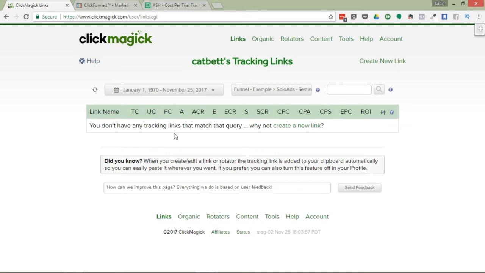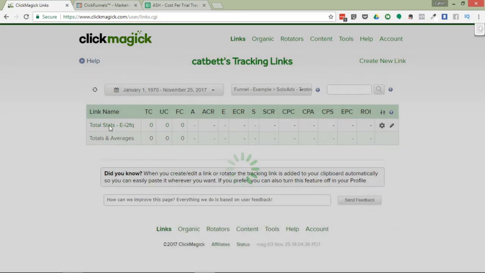Here's how you create it. So rather than create new link, we're just going to hover over it and we're going to choose clone funnel entry link. A few minutes ago, that option wasn't available to us, but since we chose that this is a front-end funnel option in our main group, this is now available. So we're going to clone funnel entry link, and it's just going to give it a weird name